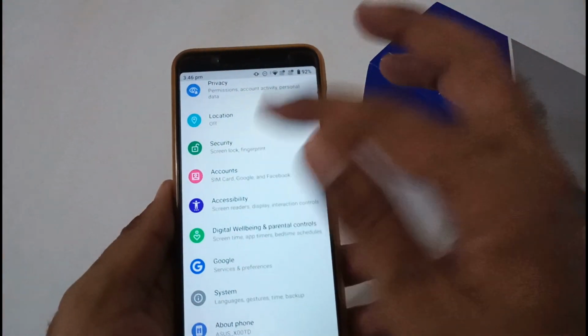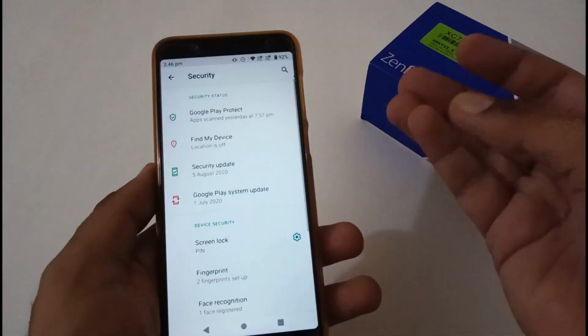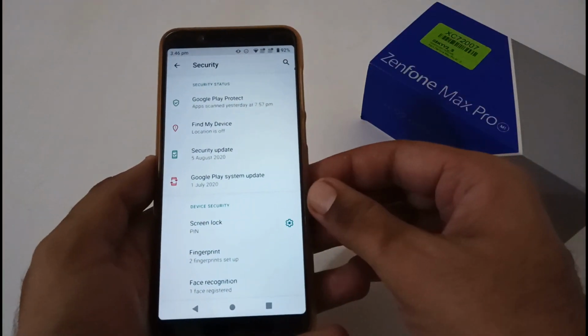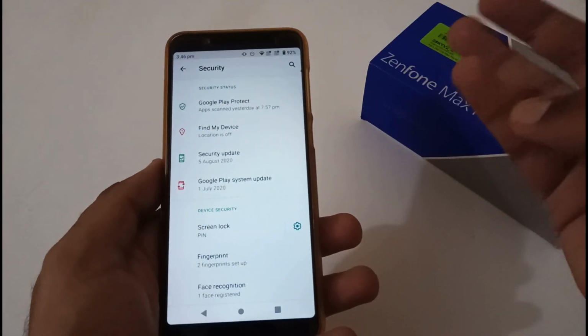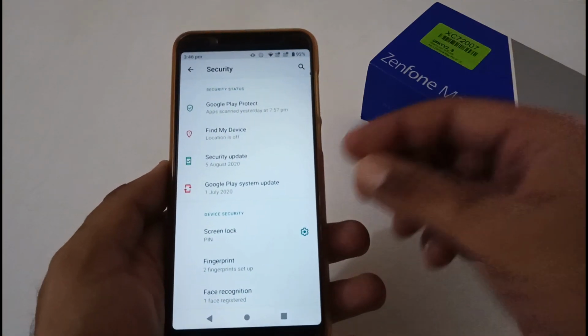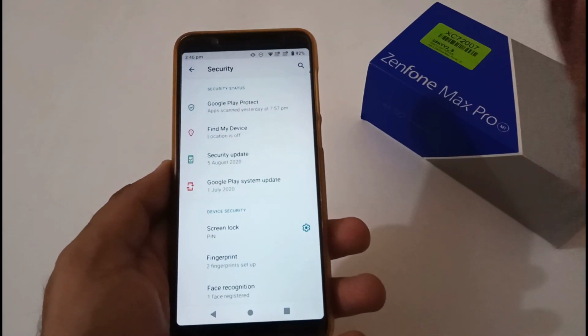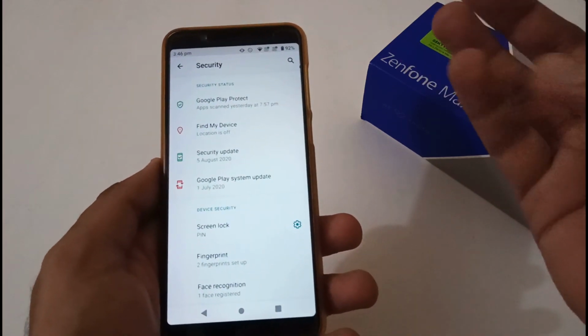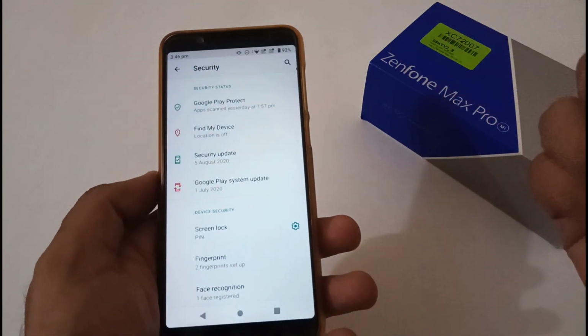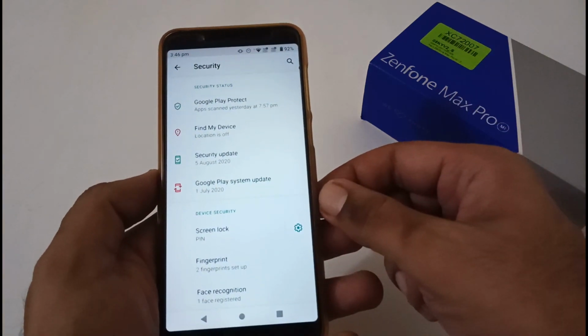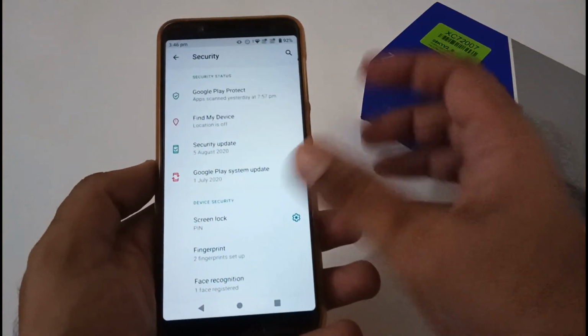After the system part, now let's move to the security section. In the security section, pin, pattern, password, swipe, all are working absolutely fine. Besides that, fingerprint and face unlock are also working absolutely fine. Even both the fingerprint scanner and face unlock have a good response time as compared to the previous versions like 407, 424 and 429. Again, if someone is having some problem, then do comment in the comment section below so that this will be helpful for others as well.